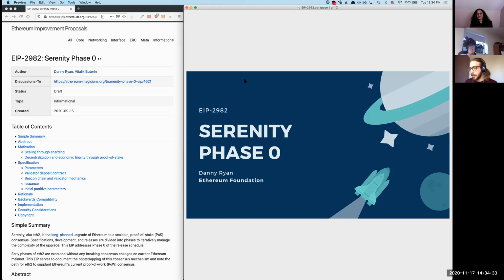I've been working on this stuff for years now. I did work on a similar specification almost 3 years ago, I guess 2.5 years ago, EIP-1011, Casper FFG, a proof of stake protocol, and a hybrid mechanism with proof of stake and proof of work to existing Ethereum mainnet. That was scrapped more than 2 years ago in favor of what we are working on launching right now, which is a more ambitious project, but I think a more sustainable and a better project. So that's what we're calling SERENITY. That's what's often called ETH2, and we can dive in.